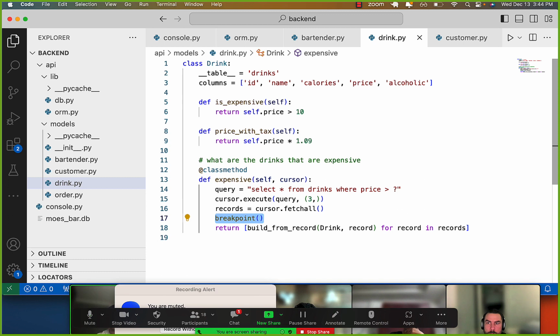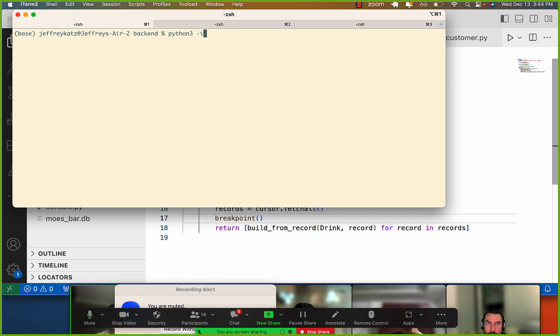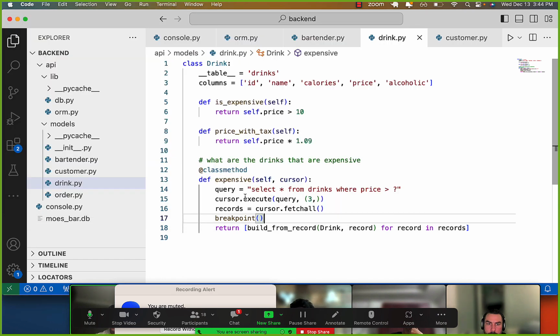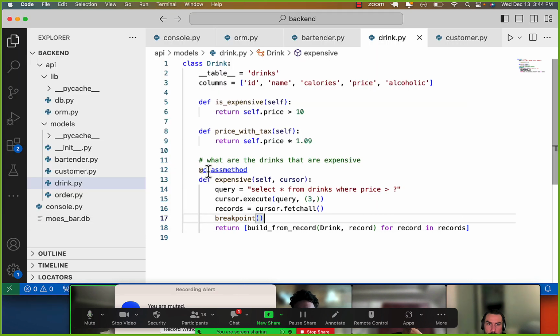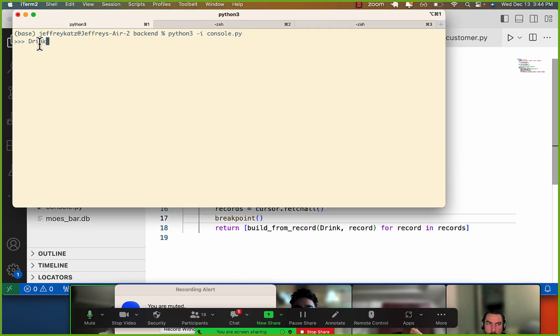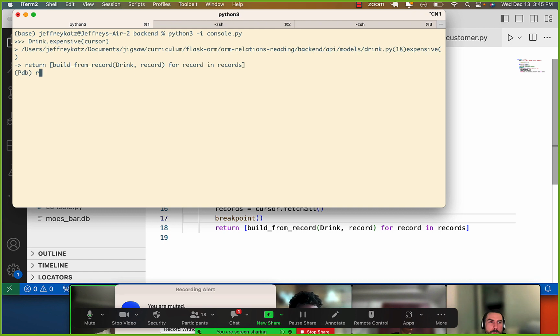A breakpoint right here. Okay, cool. So I will run python3 -i console.py, and then let's do run drink. This is kind of interesting. We're calling the method. This is a class method, so the object that receives the method call is the class itself, right? We're asking the factory the question about expensive drinks, and then you can pass through the cursor. And now we hit our breakpoint, and we can see the records. Here's everything more than 3, which just seems like a lot. 8, 7, whatever. And then if we do continue,